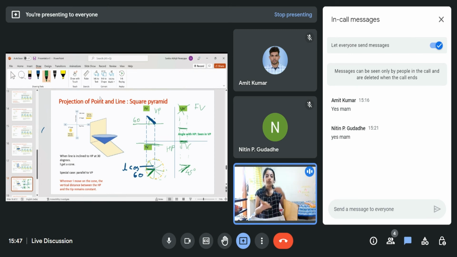So now here comes that thing where you need to understand that when I have it like this here, and I rotate it with respect to VP, what I see here is that the height of this point always stays constant, but the angle that we see with respect to VP, that changes. Okay,